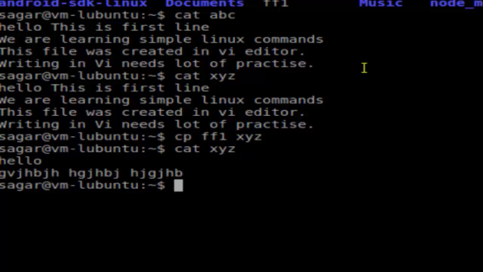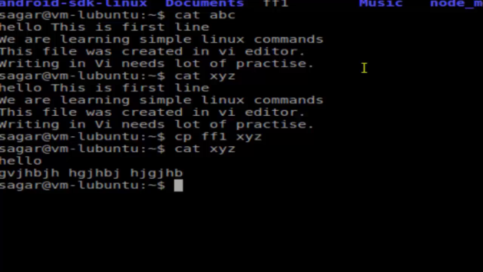The more important thing to notice here is that Linux did not ask whether you want to override that file, because that xyz file already existed there. So the copy command doesn't ask by default,